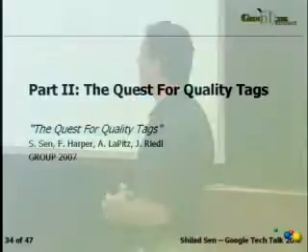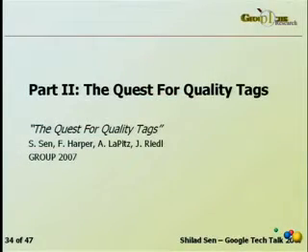OK, so now I'm going to move on to the second half of my talk. In the first half of the talk, we looked at how different tagging vocabularies emerged. We saw users are influenced by the tags they see. And we saw that different types of vocabularies can have different value. So it makes sense that in order to encourage users to tag in ways that are good, we want to show them tags that are good, right? They're influenced by what they see. So in this half of the talk, I'm going to talk about a paper that I'll be presenting at Group 2007.